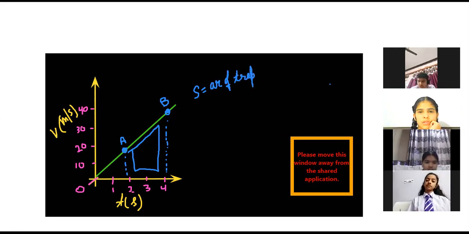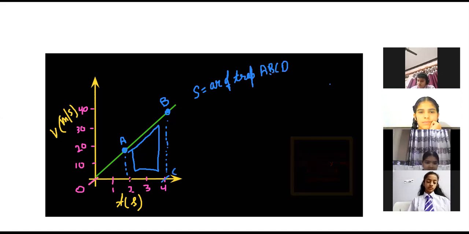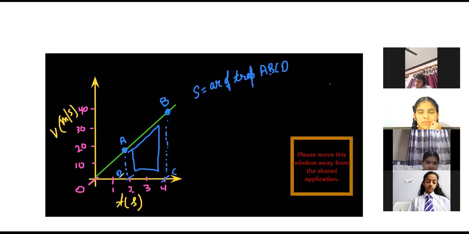trapezium. What is the name of the trapezium? It is ABCD. Okay, CD, you are going to label it on the time axis. Let's say this is C and this point is D. The main motive behind all these questions is to make one thing clear: for displacement under the velocity-time graph, you have to find the area under those two points. It can be a triangle or rectangle; here we are getting a trapezium. Whatever it is, you have to find the area.